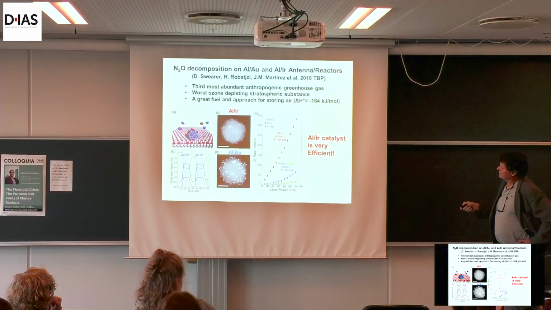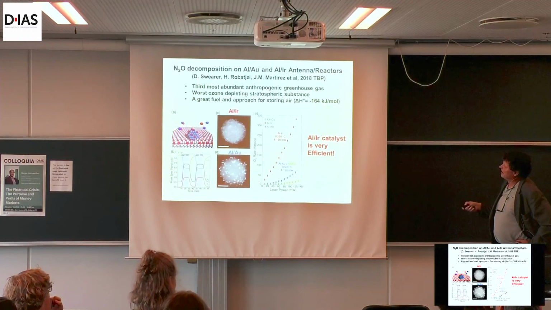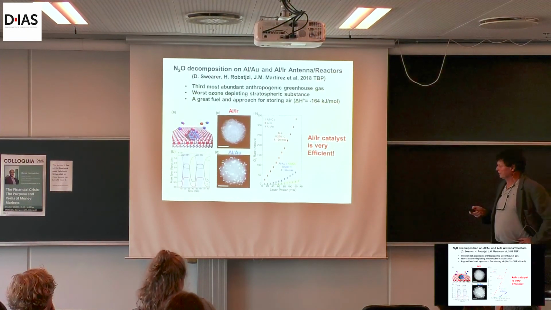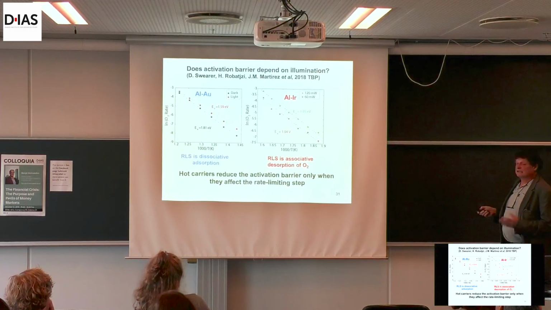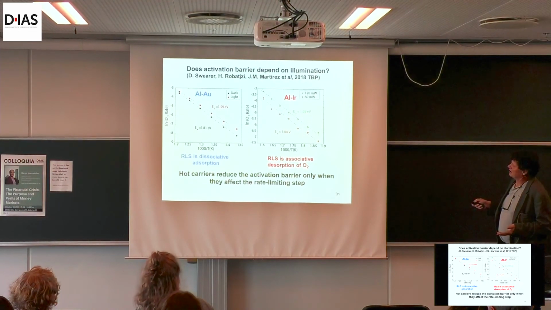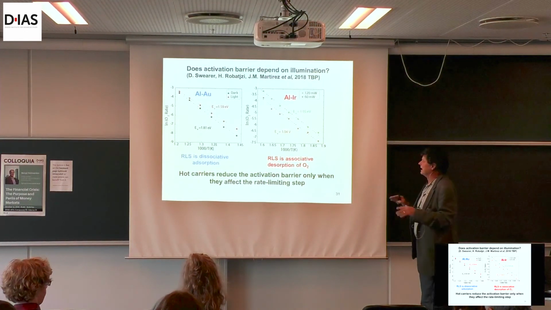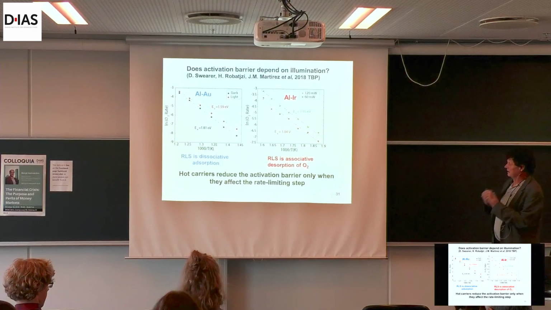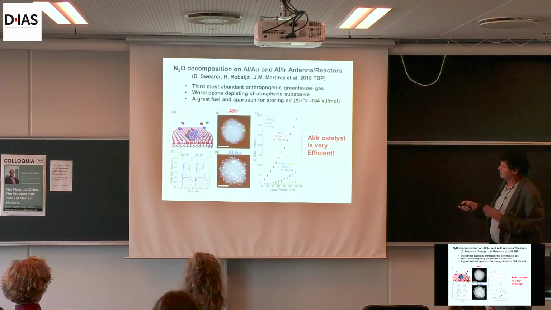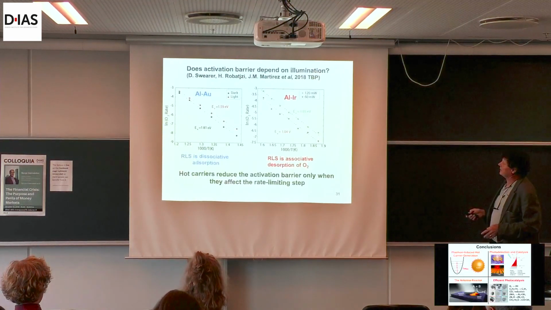So this has not been submitted yet, but we show here that, in fact, an aluminum iridium antenna reactor provides a very, very efficient catalyst for this reaction. The interesting thing here, since we know that activation energies can change, is that on the aluminum gold we have a change in activation energy, but on aluminum iridium there is no change in activation energy. And in fact, it can be a very efficient catalyst. And remember, we use very little iridium. Iridium is expensive, but the fraction is micropercent iridium.